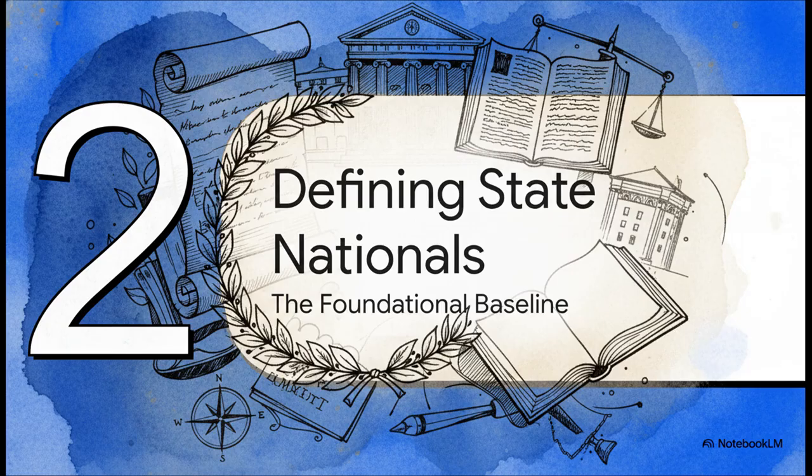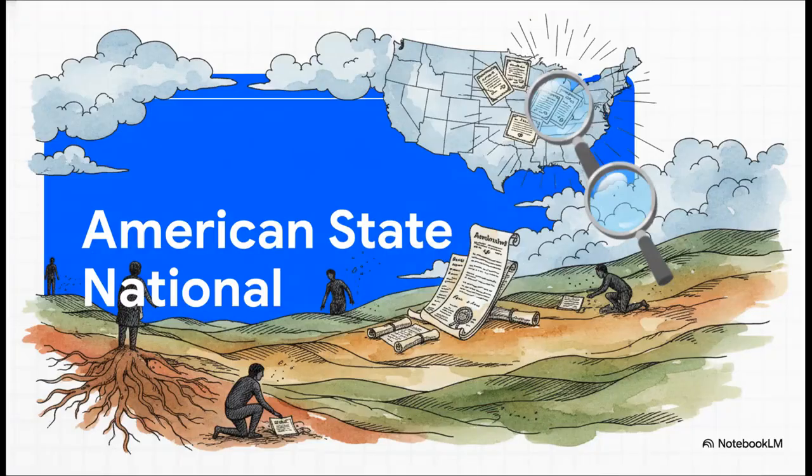All right, Section 2, Defining State Nationals. So if the assembly is totally voluntary, where do you even start? Well, the texts lay out our first main group, the American State National. They define this as your basic default birthright political status. The documents claim a lot of individuals have been misidentified by systems like birth registration and basically must correct their public records to return to the land and soil of their home state. This right here is the starting point for everyone in this framework.